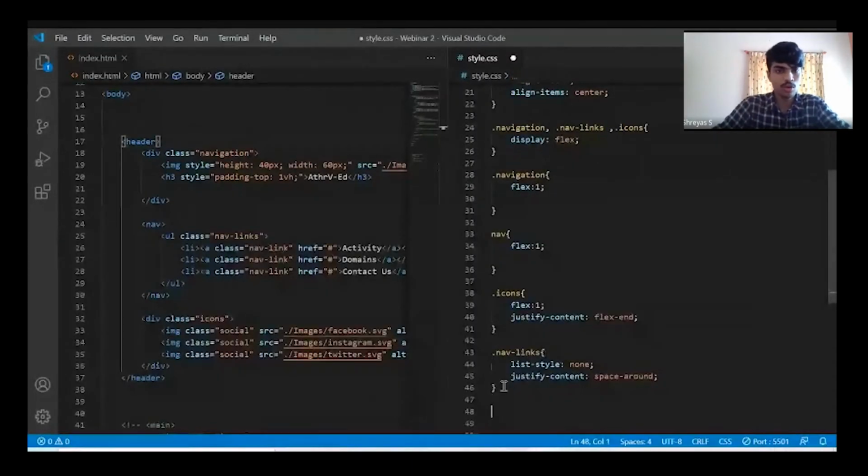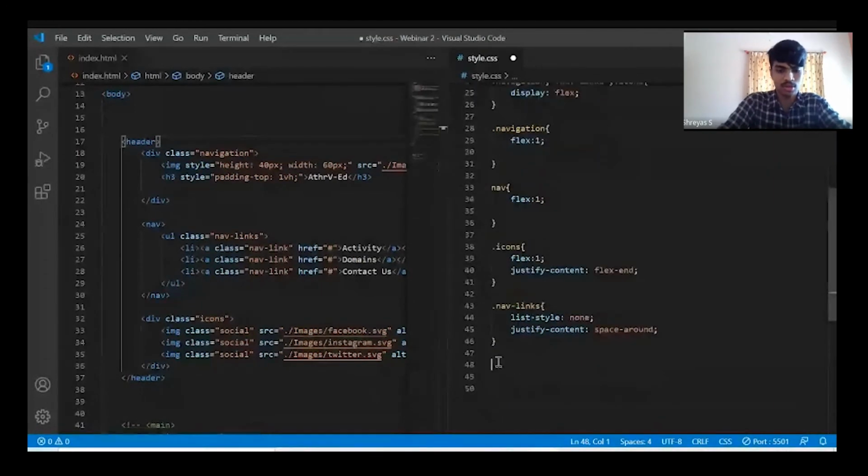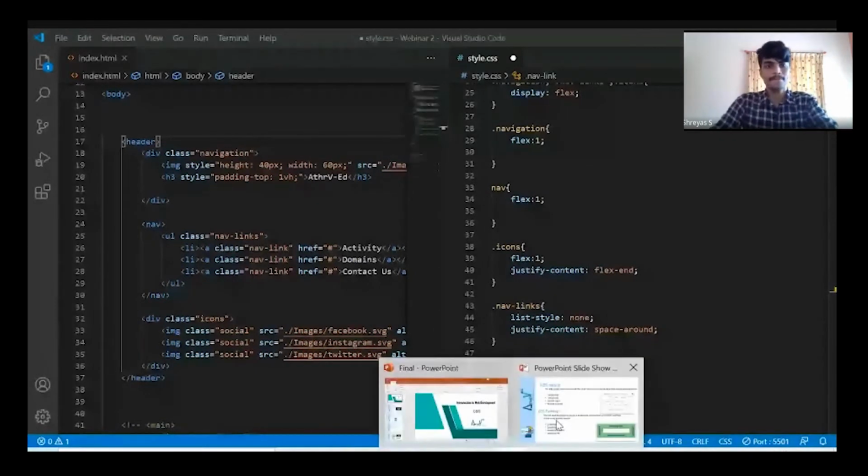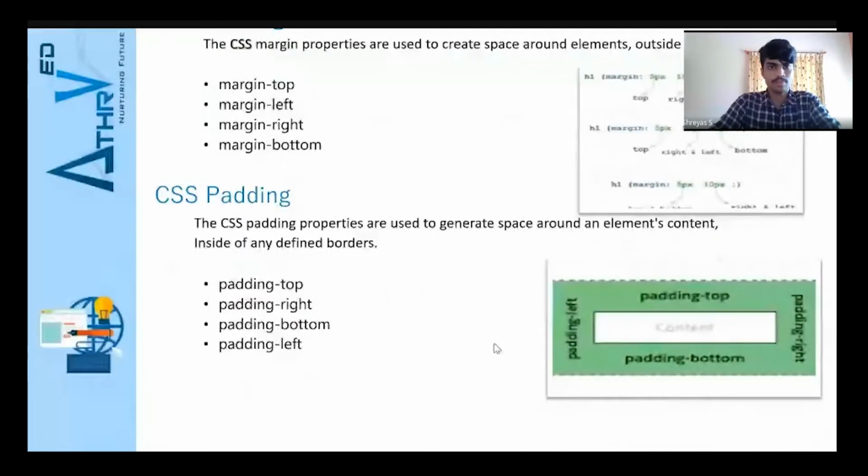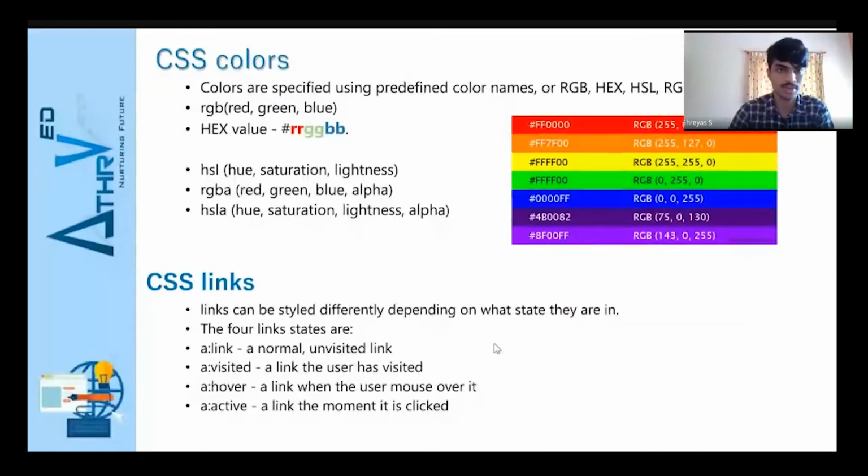Now the overall styling has been done. Now I should make changes individually for the colors and to remove the underline. Nav links. I'll remove the nav link. So, speaking about colors, let me explain more about colors. CSS text, which we will be doing further.